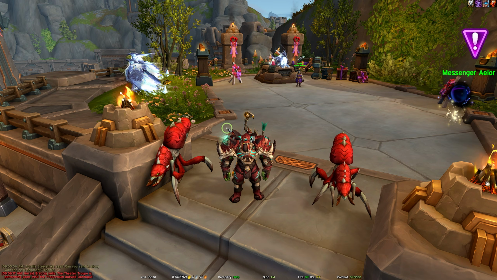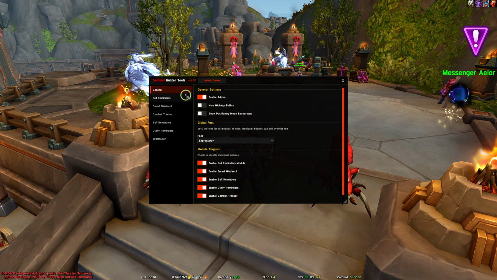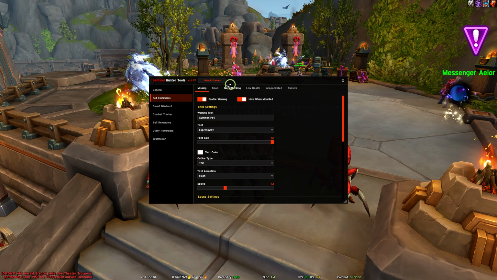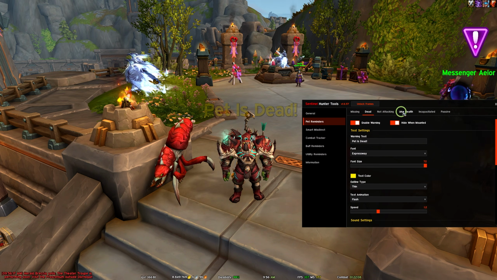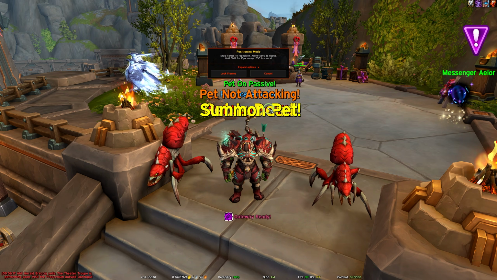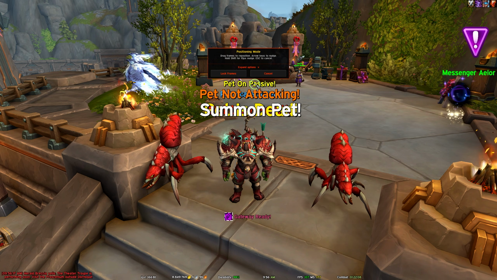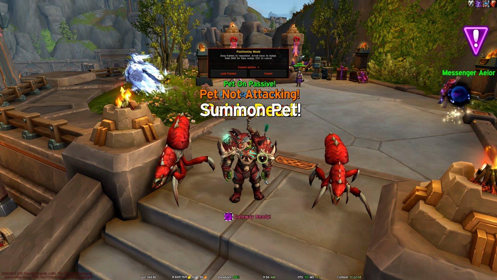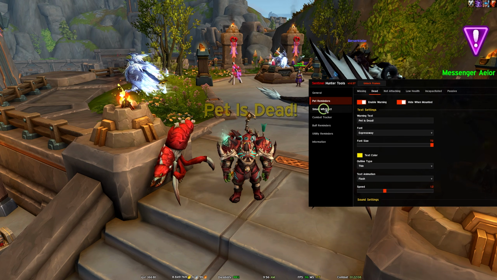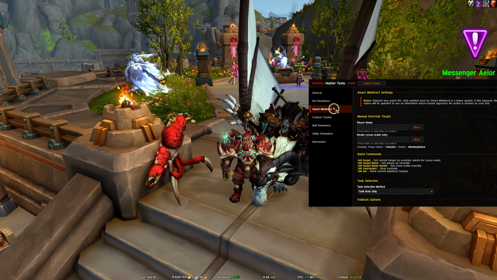My Sentinel Hunter tools, here, is a fun new add-on I found a week or two ago. I use it as a hunter because it has a variety of little reminders. If I unlock the frame, hey, this is all stacked right now. This would not show up normally, but hey, you need to summon your pet. Your pet's dead. Your pet's not attacking. Your pet's on passive. Oh my god, there's so much going on. It also has a gateway reminder. It's really neat. It also has a really helpful smart misdirect tool.